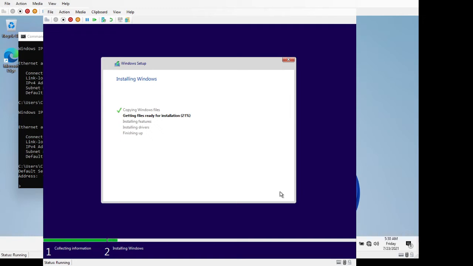But for now, I am just using Windows Deployment Services in full touch thin client mode, just deploying the OS to show you how to deploy Windows